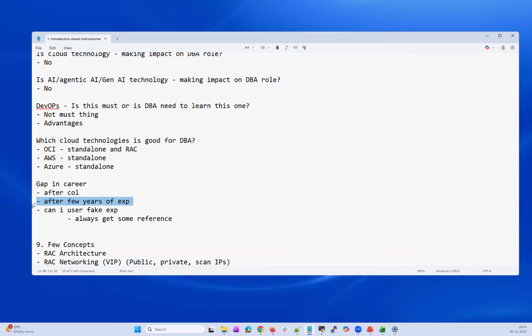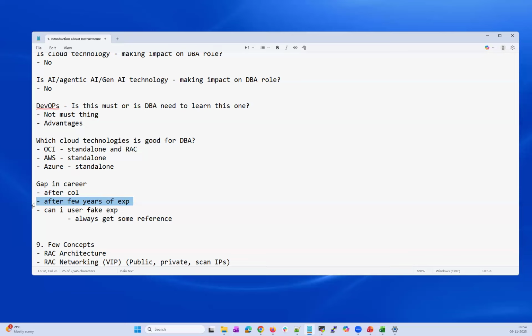So provide a genuine justification rather than a fake experience, because nowadays companies do a thorough end-to-end background verification check, and they will be able to identify whether it is a fake or real experience. Once you are identified with fake experience, they can terminate you on the spot.